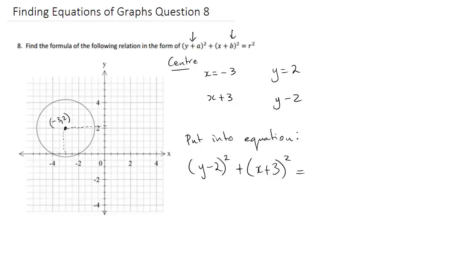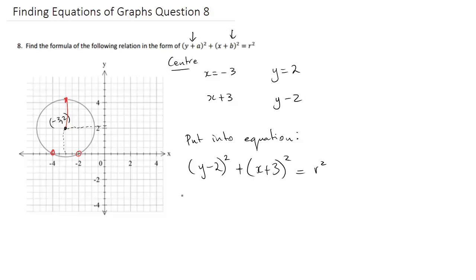Now, the radius in this situation, we can't figure it out. We can't see what the radius is because if we go from there to there, we don't actually know what that bit there is. So we can't really tell. But what we do know is that we have these two intersections there. So we don't know the radius, but we can certainly use one of those coordinates to figure it